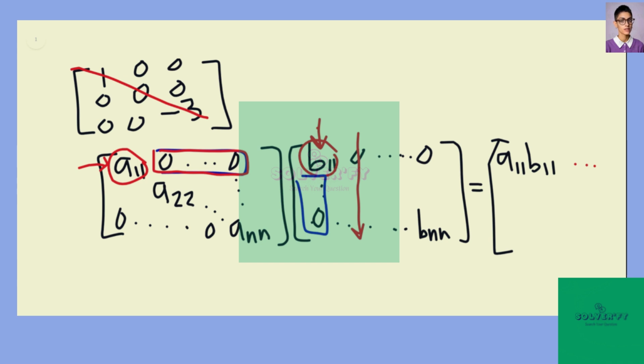And you can carry this process forward to the other rows and columns. You'll find that in each case, the only elements being multiplied together that have a potential to not be 0 are the ones on the